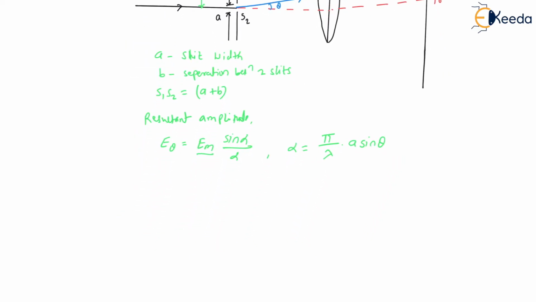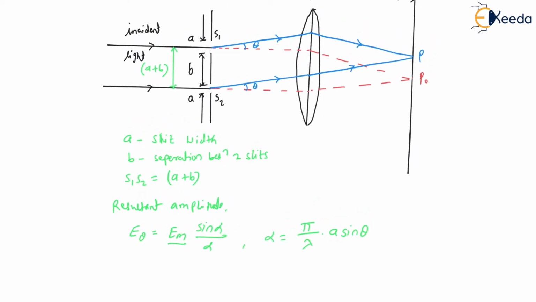Now here, as I said, we have two waves starting from S1 and S2. So there will be an interference pattern, or there will be an interference. Now, to find the interference, first of all we have to find out the path difference between these two waves, S1 and S2. For that purpose, here we will draw one perpendicular from S1 on S2. Let this perpendicular be like this. Let this point be K. So K is the foot of the perpendicular.